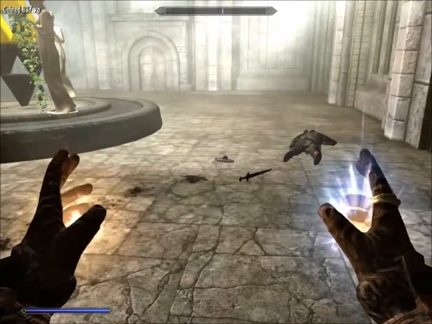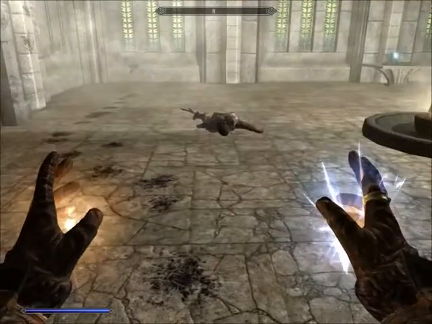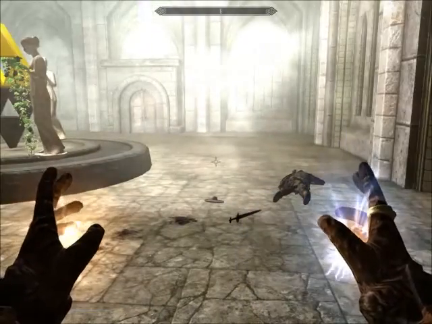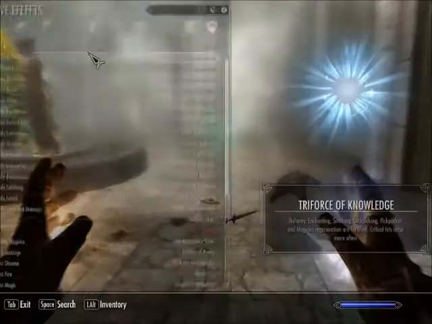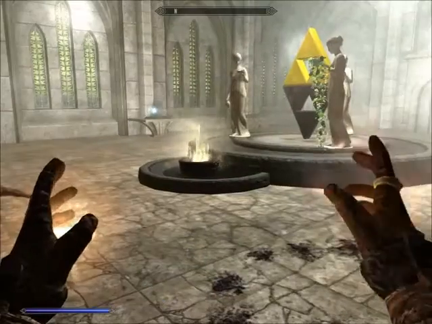Hylia's Acceptance is very strong, and it absorbs attributes. That's what it does. But you can see it charges up really slowly. Okay, that's that. Hylia's Anger